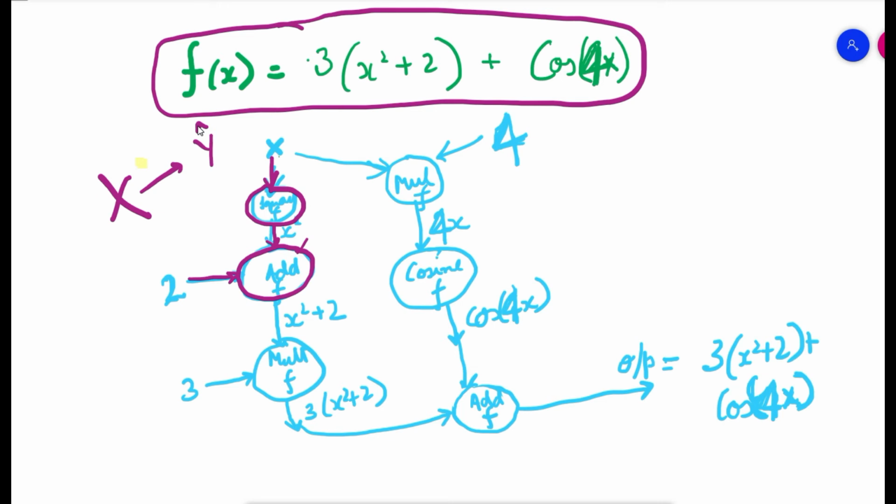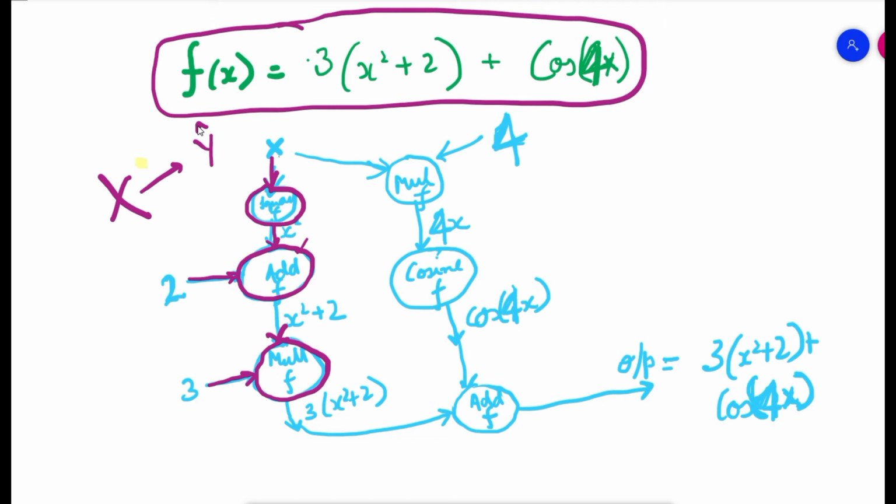All we need now is to multiply x square plus 2 with 3. But to multiply x square plus 2 with 3, we need an input of 3 coming into the multiplication function. So we already have x square plus 2 in the pipeline, and we need another input, 3, coming in, so that both can be applied to reach the value of 3 times x square plus 2.